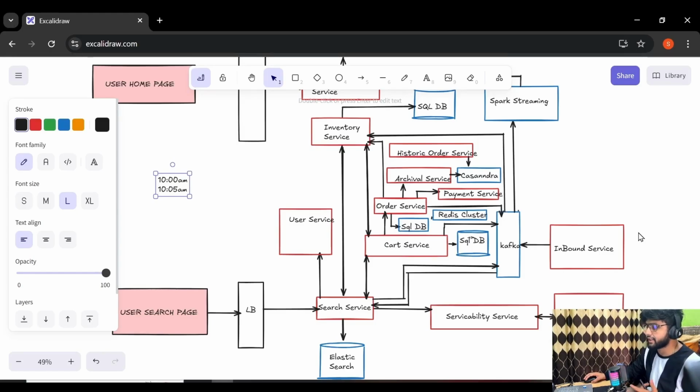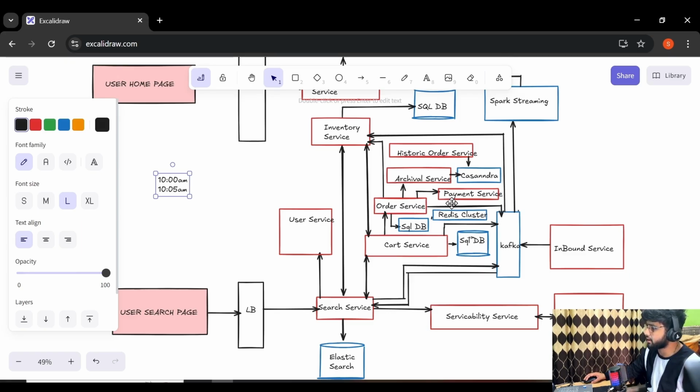Basically we will reduce the inventory count by 1. Let's say there are only 2 items in stock for a particular product. After locking the inventory, we will reduce the inventory count and the stock will be 1 now. This is how we lock the assignment and lock the inventory.